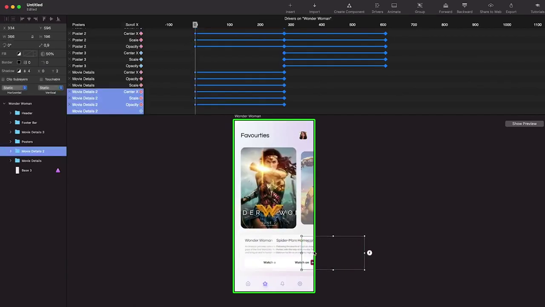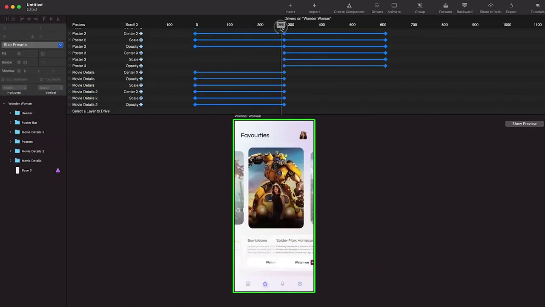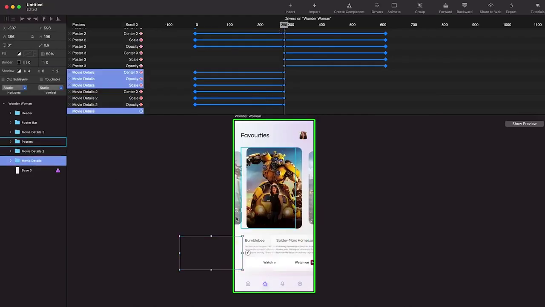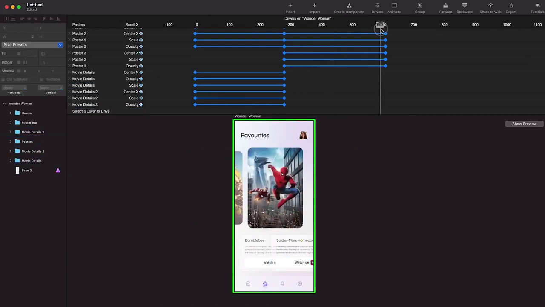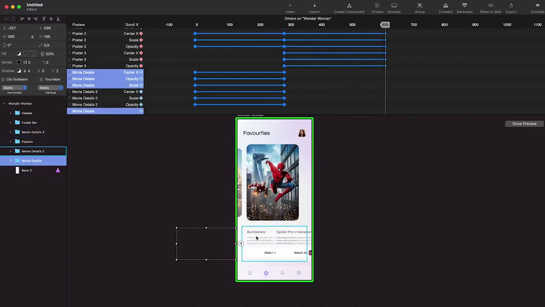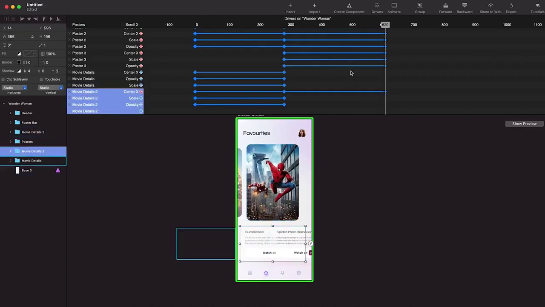Or maybe we can move the movie details a little bit to the side, and when you reach the bumblebee position, you can select movie details 1, which is the Wonder Woman movie details. You can move it to the left more. And now let's move to the last keyframe, which is the Spider-Man, and for that we need bumblebee out of the frame, so we can move it outside somewhere here, reduce the scale and reduce the opacity,